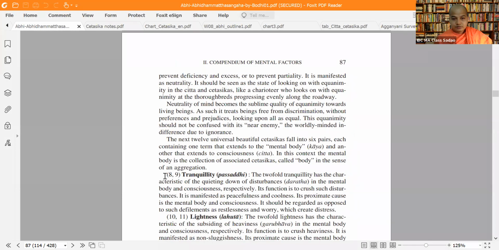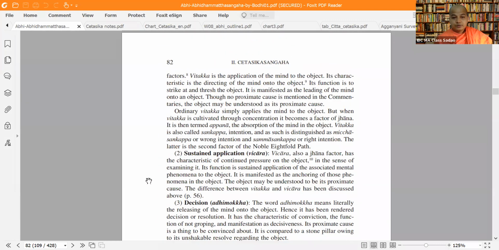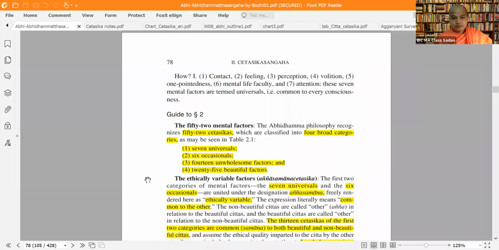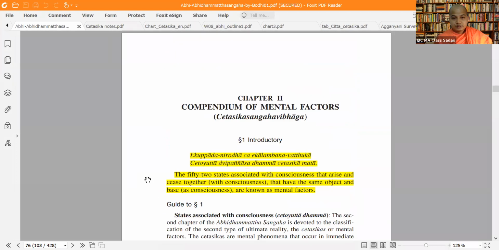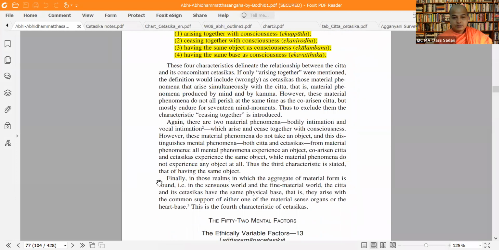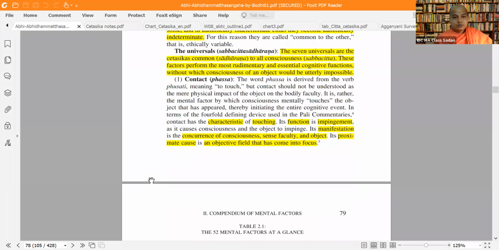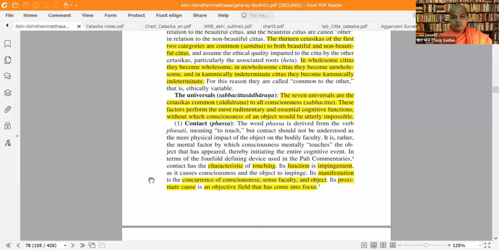Later on, you can look at these descriptions yourself. Of course, in different Abhidhamma texts, you have detailed expositions with regard to all these mental factors. Now here, for example, from this book, Abhidhamma Sangaha, Bhikkhu Bodhi,